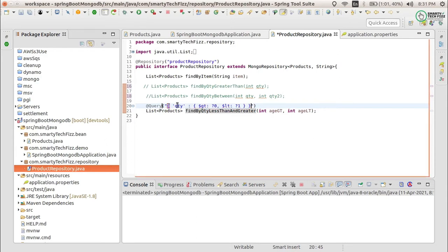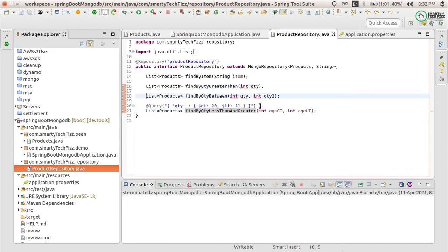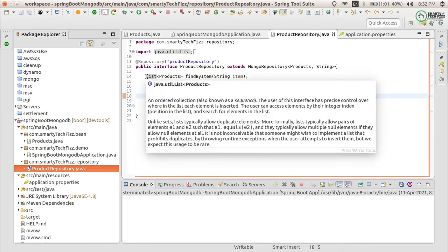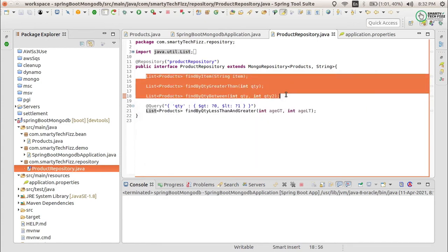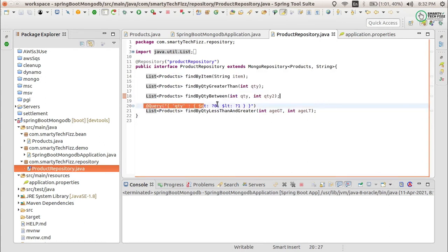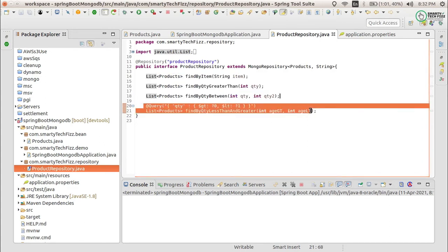What you are going to use is find quantity: it should be greater than some value which we will be passing, and it should be less than the value which we will be passing in these parameters. So this can be the other way. So these are the things which you can do using the find query. These are the two methods that I have shown here, like using the interface methods here, or by mentioning the @query on the methods.